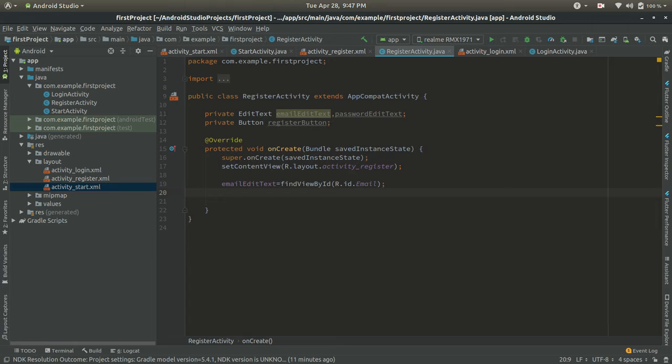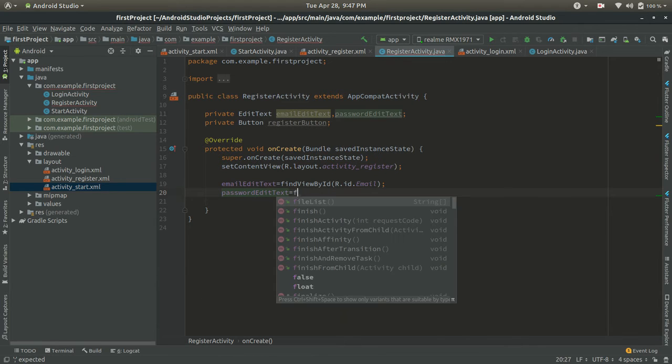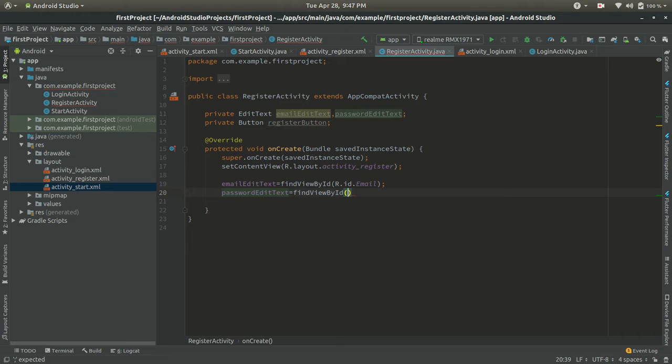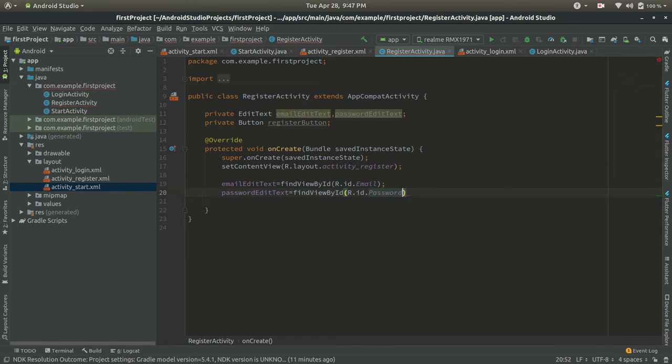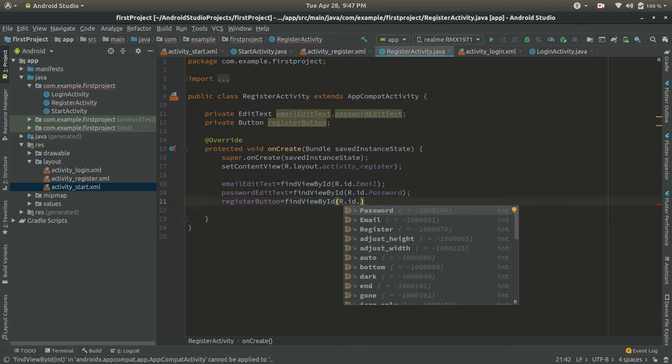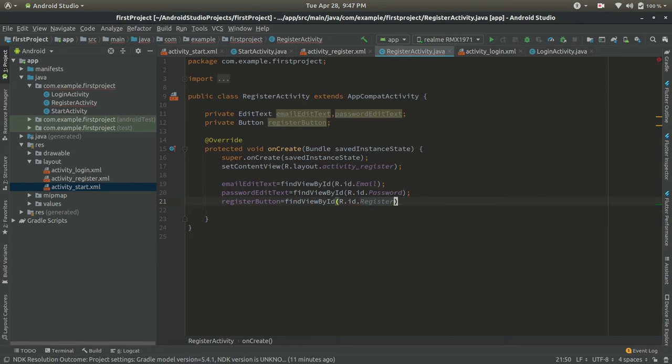Now the password edit text is equal to find by ID R.id dot password, and now we will create a button, register button equal to find by ID.